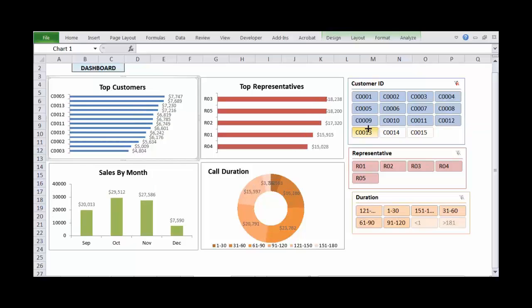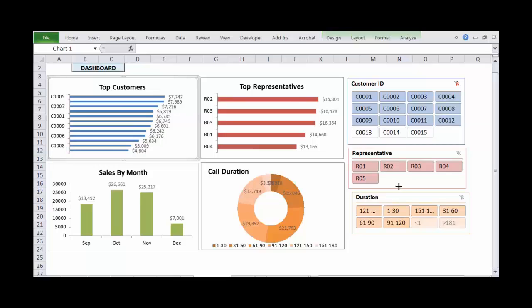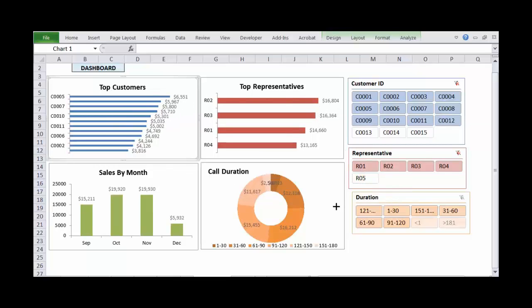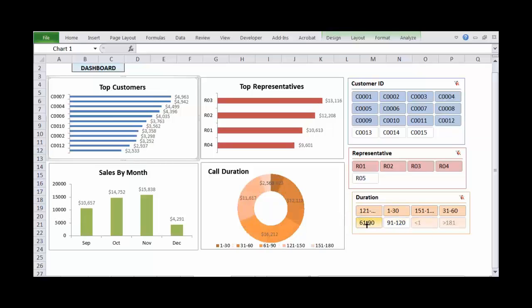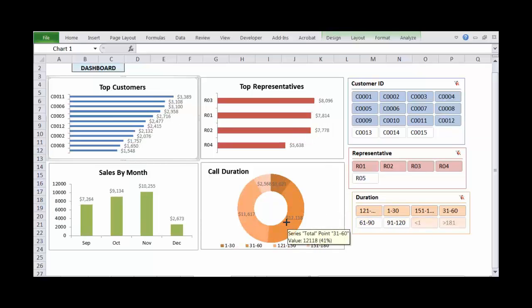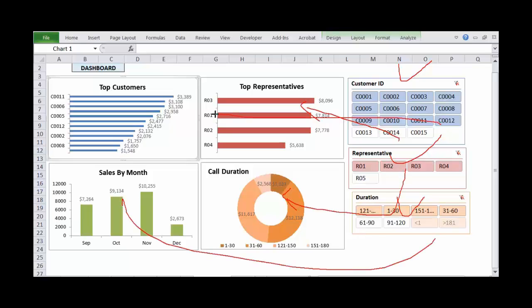It is not that only one chart is changing, every chart is changing. If I want only representative 1 to 4, I can get that. If I want duration like this, I can get that. So these filters or slicers are linked to all these charts.